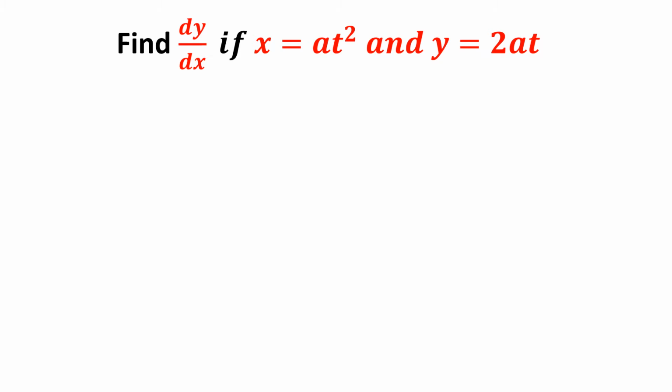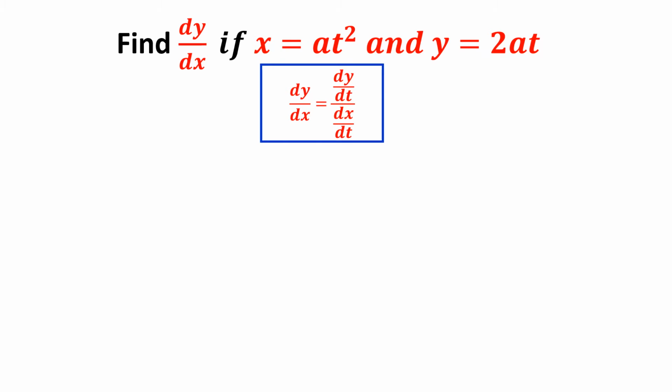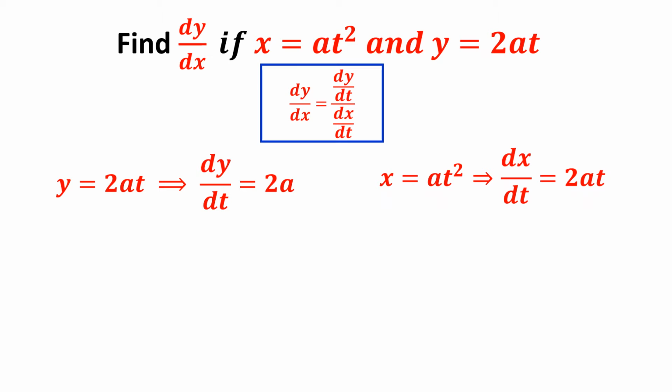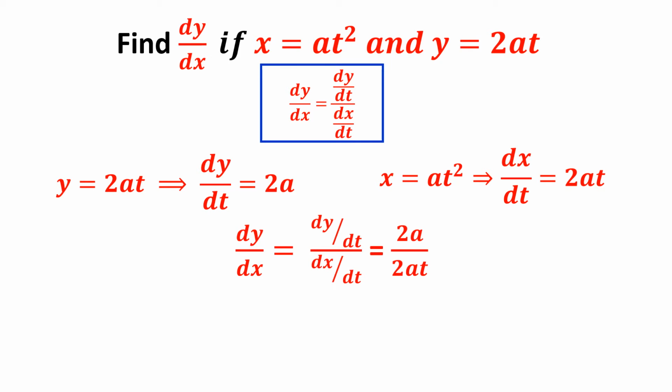Let us take one example. I think this is the parametric representation of a parabola. How to find dy by dx? Find dy by dt, very simple. I have 2at. Its differentiation will be 2a because differentiation of t is 1. Again at square, differentiation of t square is 2at with respect to t. Therefore, I am putting it in that formula. Dy by dx is dy by dt upon dx by dt, 2a upon 2at. Therefore, the answer is 1 by t. Its derivative will be 1 by t.